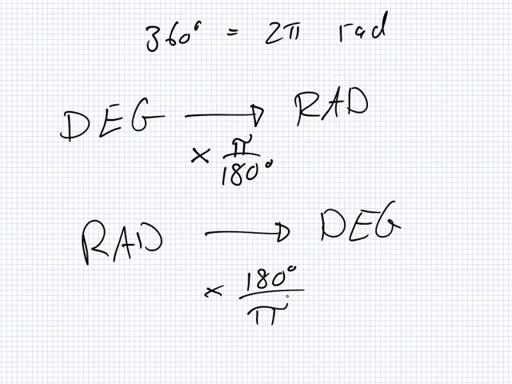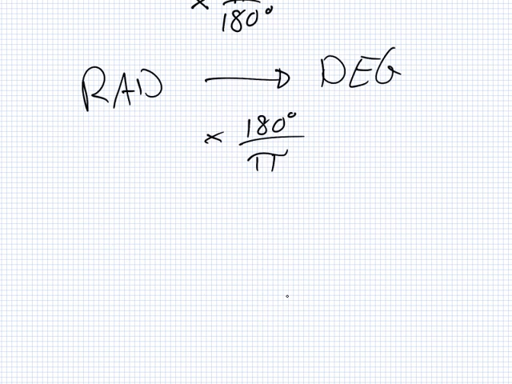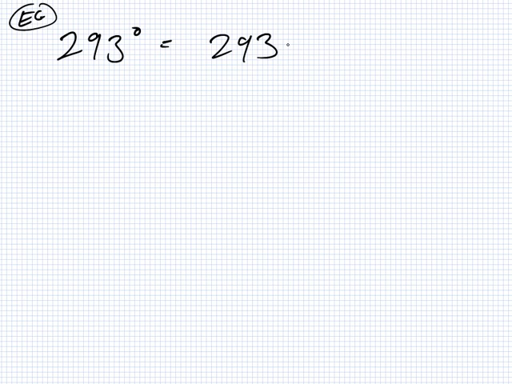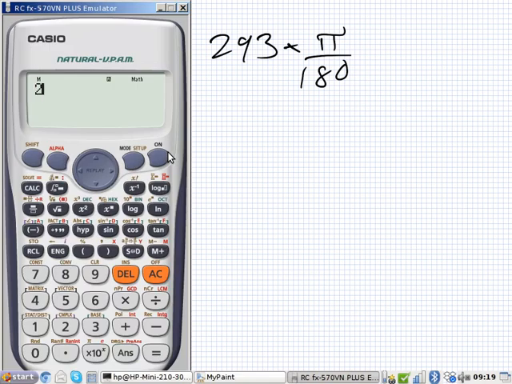Okay, you got that? Okay, let's have a look. Before we do anything else, let's just look at a couple of examples here. Let's say I want to convert 293 degrees into radians. Well, that will equal 293 times pi over 180, which will equal